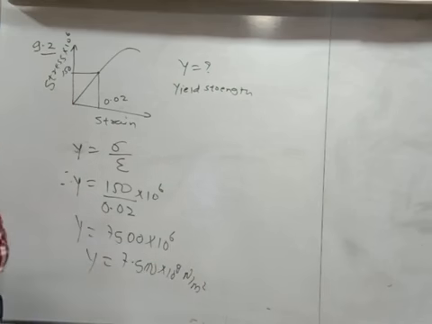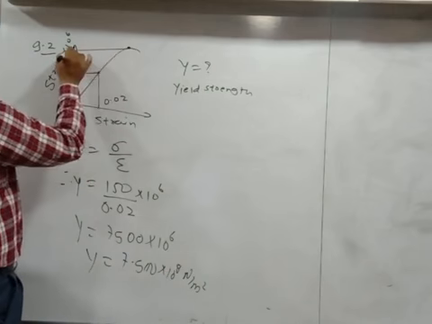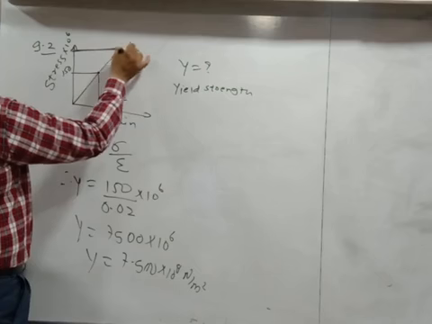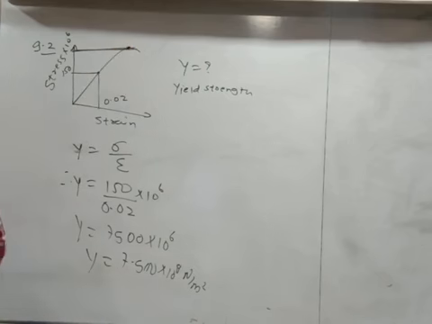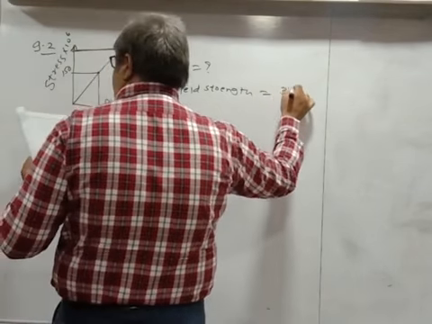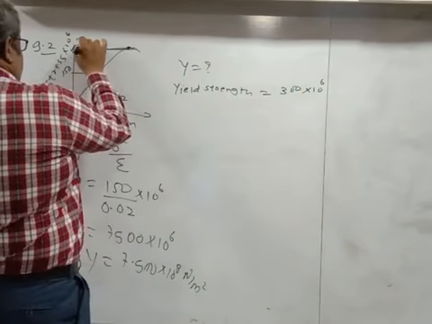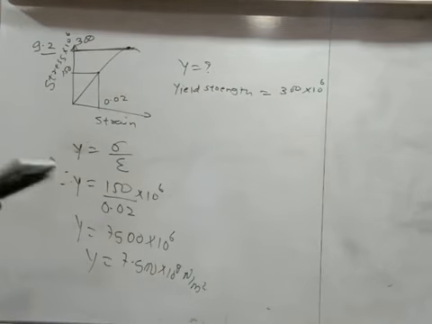This is going to be the Young modulus. And what will be the yield strength? Here this point will give you the yield strength. This point, here the proportionality stops. So yield strength is given here as 300 into 10 raised to 6. From the graph itself, it suggests that it is going to be 300